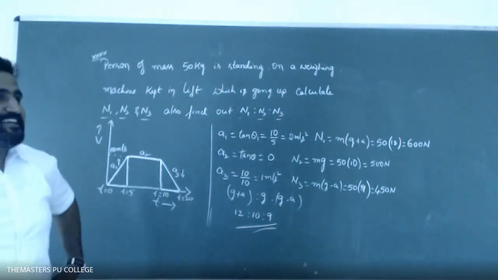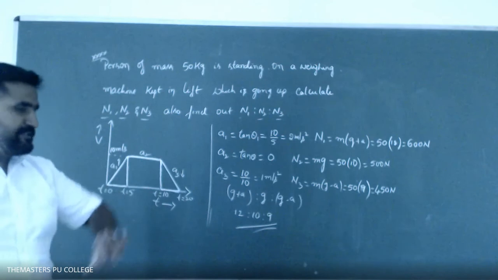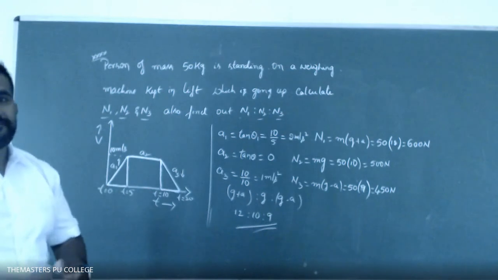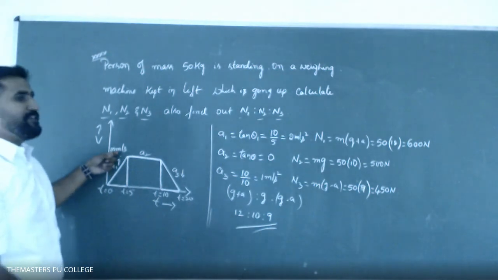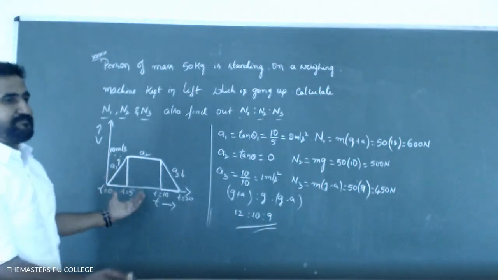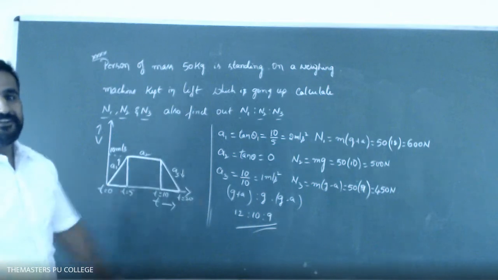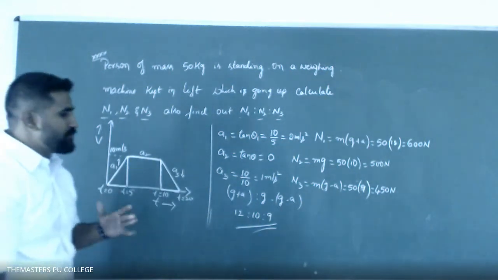Shall we move to the next kind of concept? We have 20 minutes, so we will finish the next concept also. Right? Remember, they may change the number. Instead of 10, they may give 15. Instead of 5, they may give 3. They cannot change anything apart from this. I know the concepts are very safe.